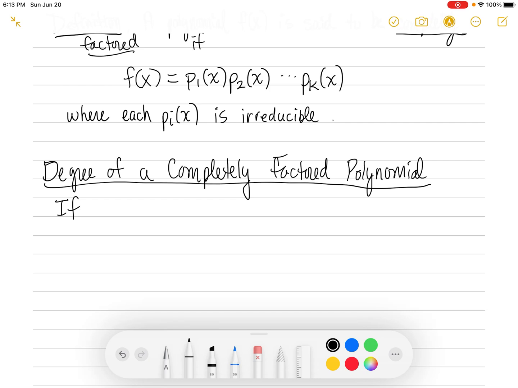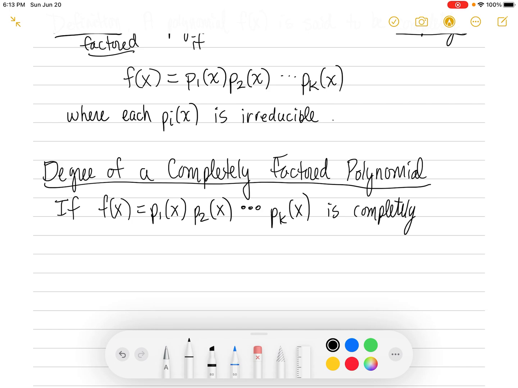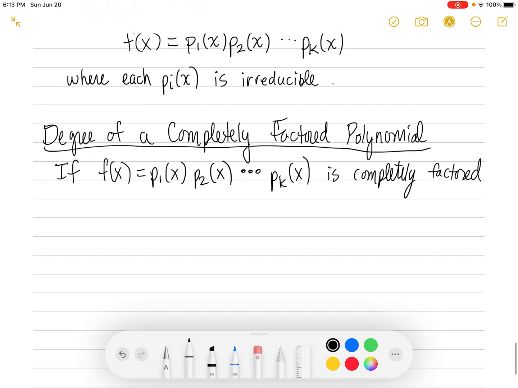So here's the theorem. It says the following. If f of x, which is factored into p1 of x, times p2 of x, so on and so forth, all the way to pk of x, is completely factored,